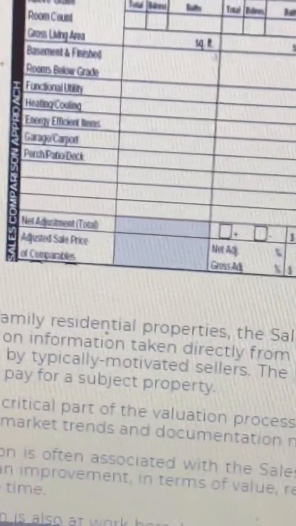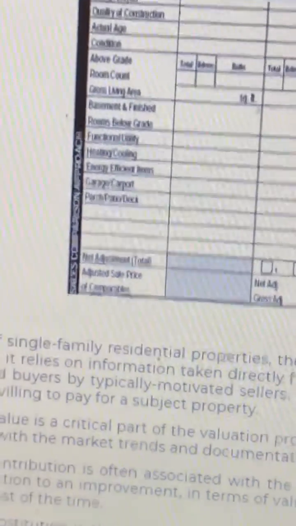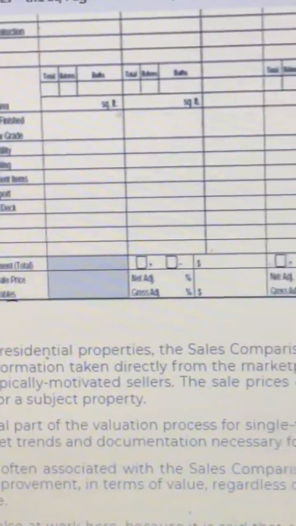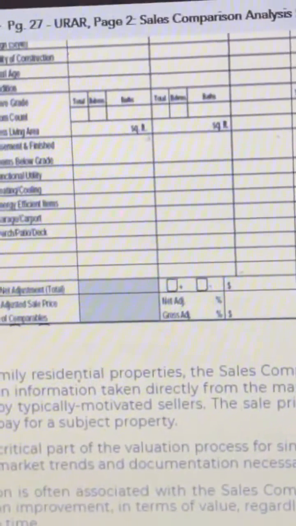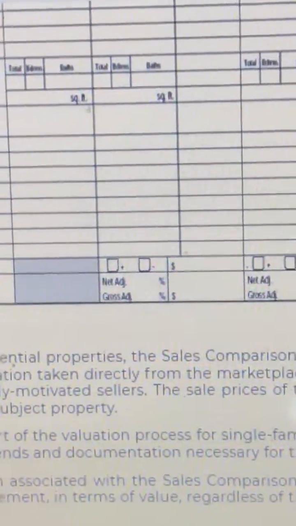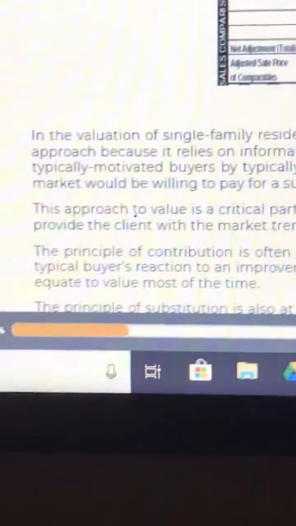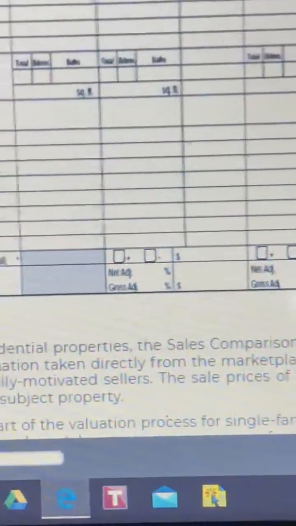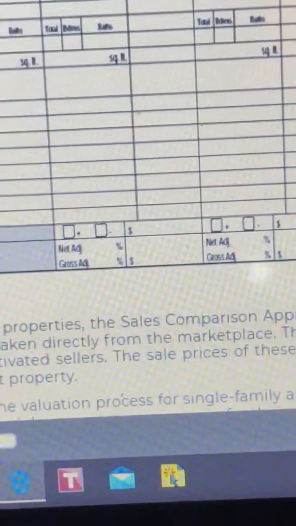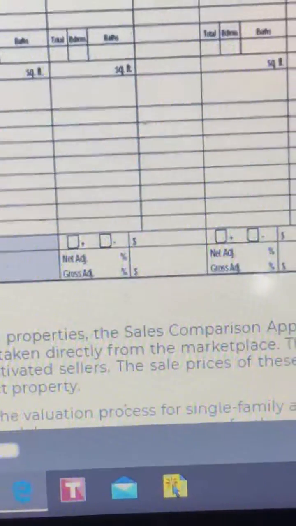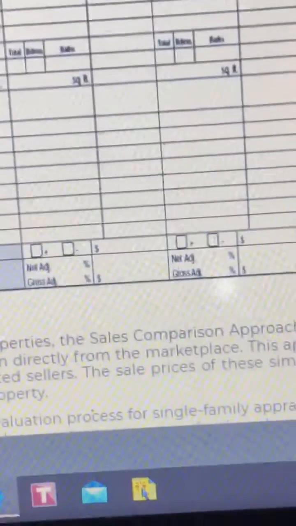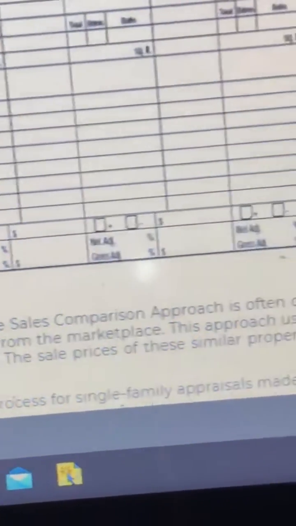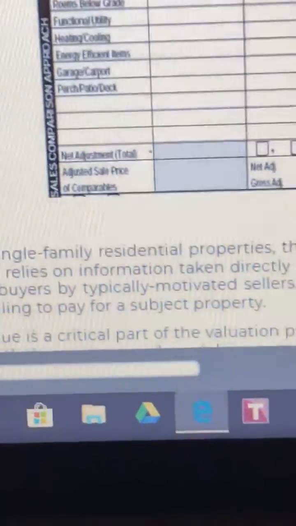Then there's the net adjustment total feature. That's an empty box. It's a dark shaded box for the subject. But for the comps, there's 2 boxes. It's a plus box and a negative box. And then the one next to that is a dollar amount box, all the way down the line for all 3 comps. And the last feature is